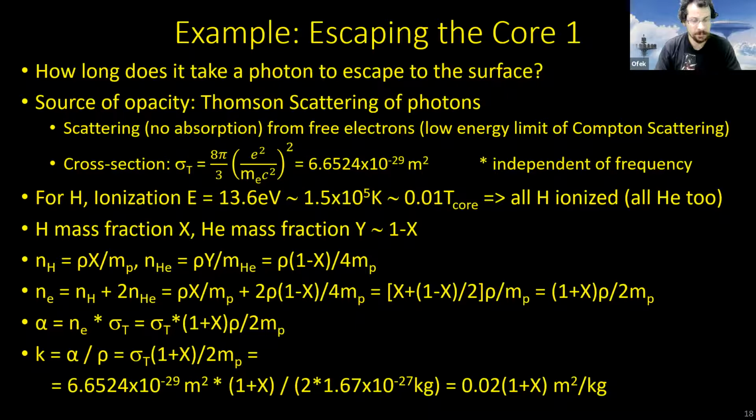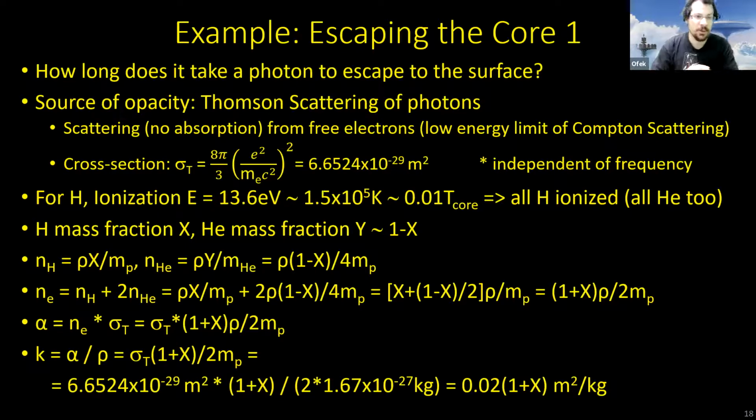If you convert that to Kelvin, it's about 150,000 Kelvin. Okay, 1 electron volt is about 11,000 Kelvin, so 13.6 electron volts is about 150,000 Kelvin,